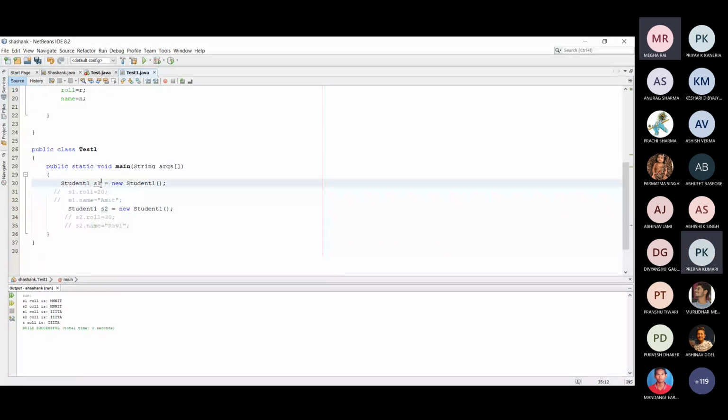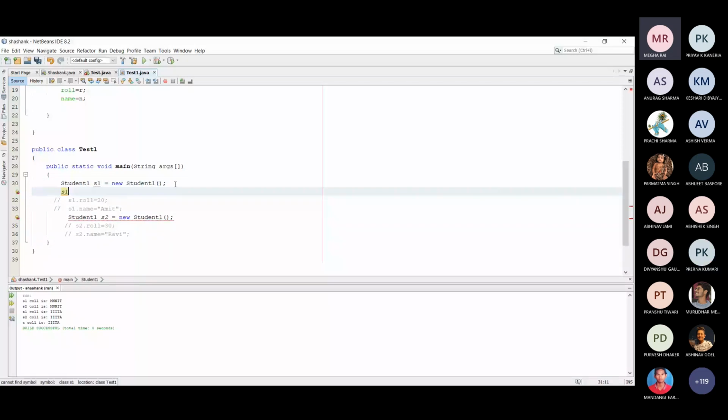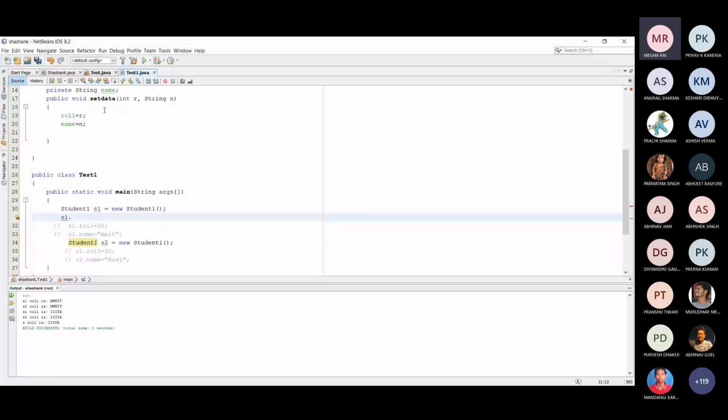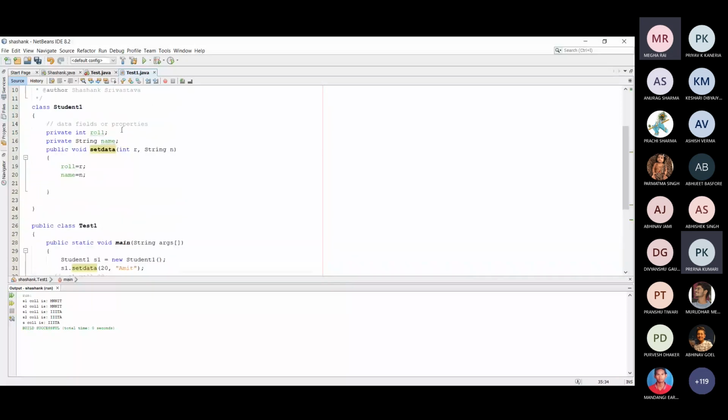After the creation of the object referred by s1, with the help of s1 we will be able to access the setData method, and we can pass 20 and Amit as arguments. Similarly for s2, setData 30 and Ravi is passed. Here you can see that with the help of a public method, we can also initialize the data fields.